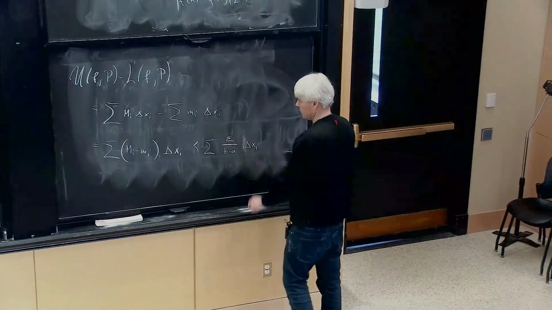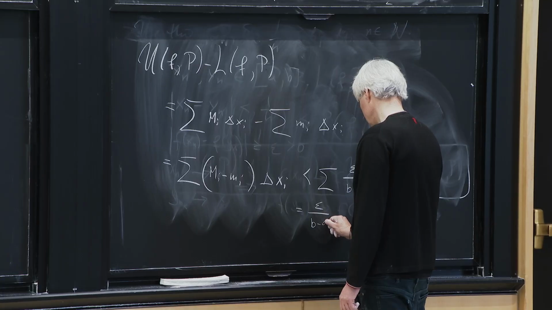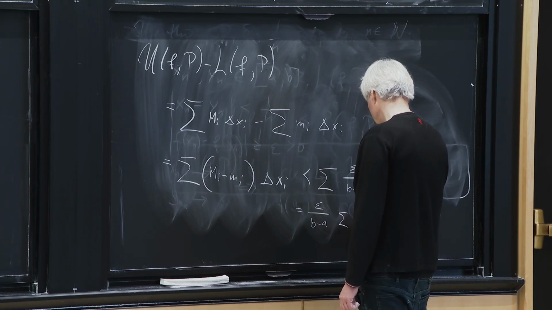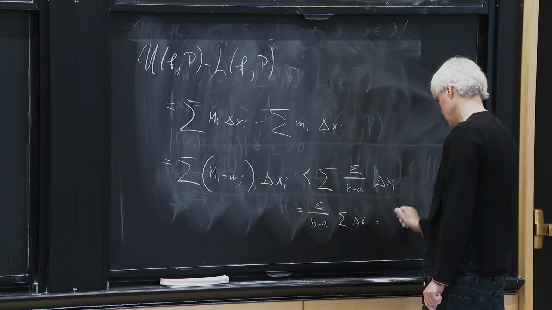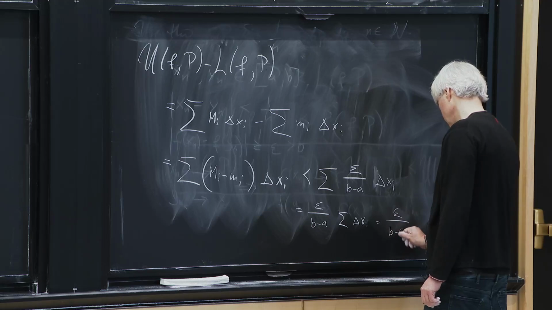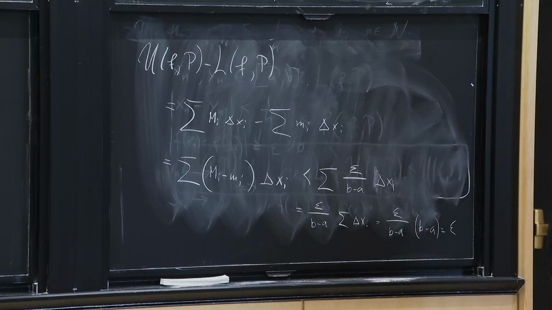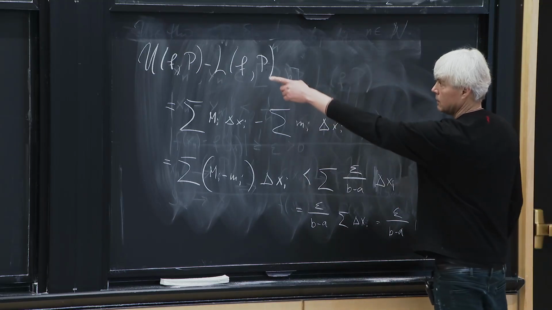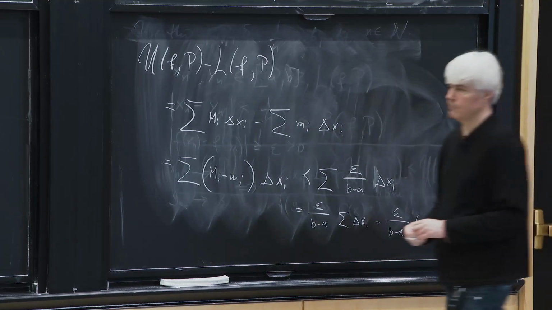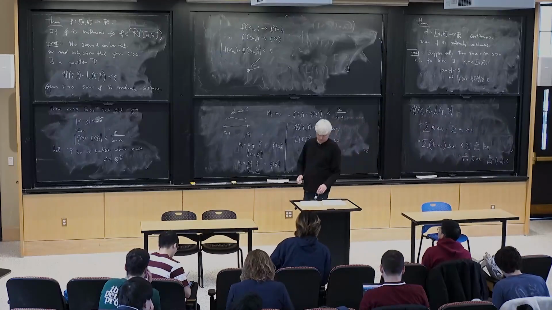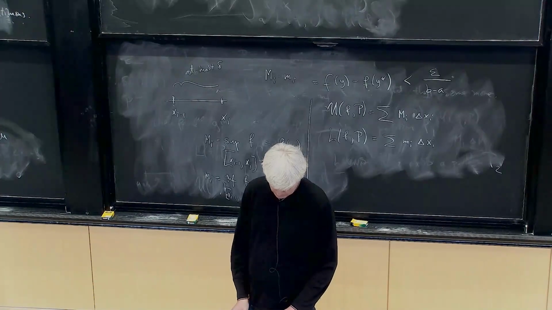But now this is just a constant, so I can just take this out of the summation sign. And so I get this thing. This is the sum of the small intervals, but the sum of the small intervals is the whole interval. So this is epsilon over b minus a times b minus a. And so this is epsilon. And so you have exactly that this difference here is strictly bounded by epsilon. Okay, so this proves that if the function is continuous on a compact interval,